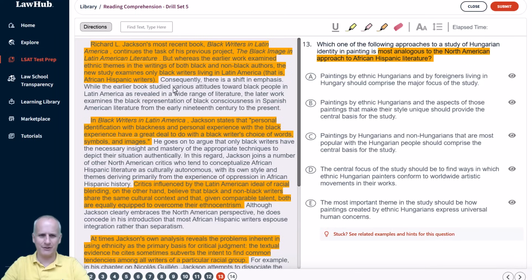So I find that here in the paragraph, but if I wanted to come up here, the only things I want to use the find text tool for are proper nouns or specific terms in the question stem, never the answer choices. So if I were to just put in North American, we can see North American shows up in two places in this second paragraph. So we found it. We'll go ahead and clear that out so that I don't have it doing wonky things.